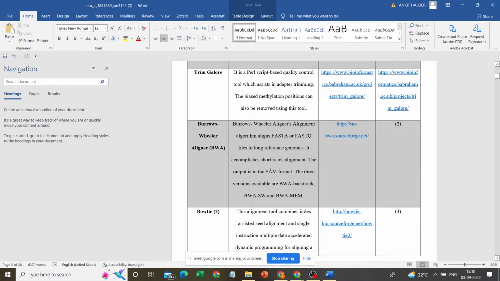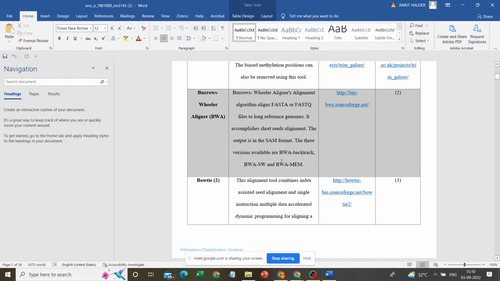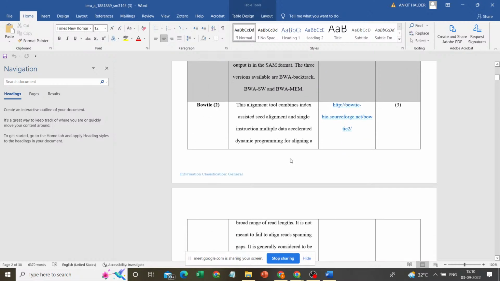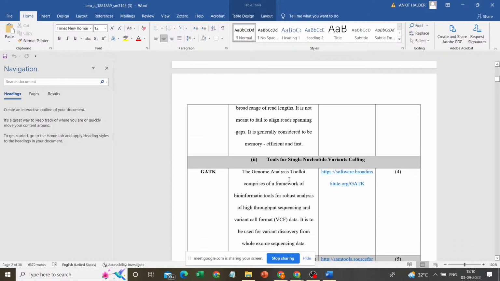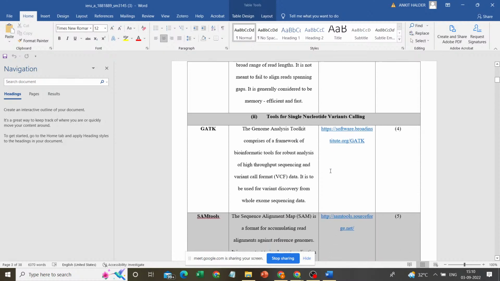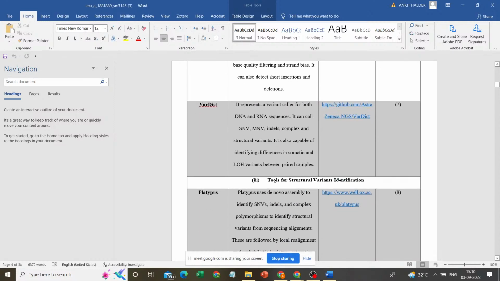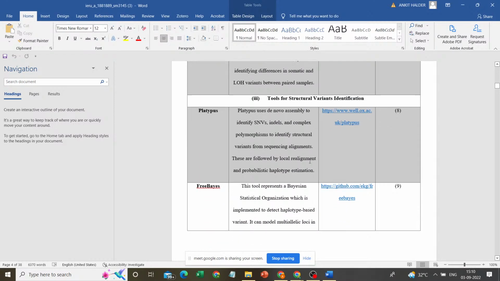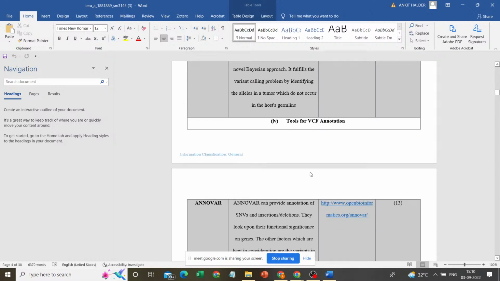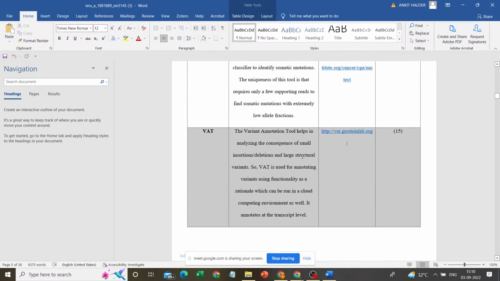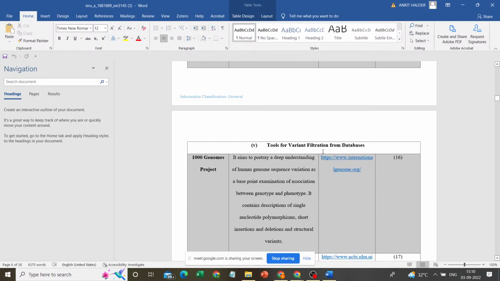but you can also interchange the formats. It also gets in the binary alignment map file, but that you cannot visualize, so you can convert it into different formats; there are different formatters where you can convert the different types of alignment. Then tools for single nucleotide variant calling, which tool is used for what purpose, tools for structural variant identification, as well as for VCF annotation, as well as for variant filtration from